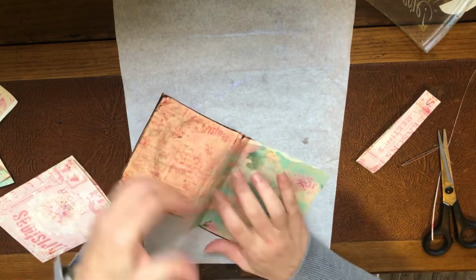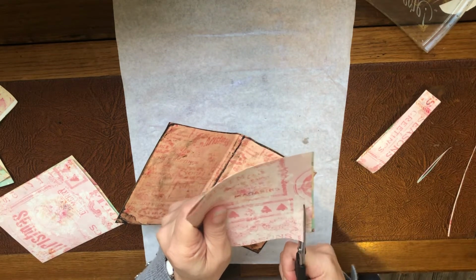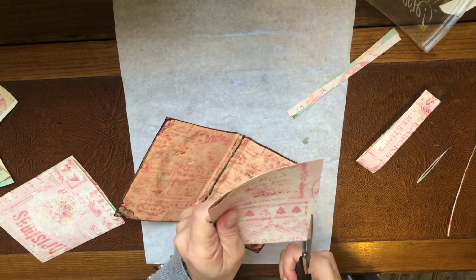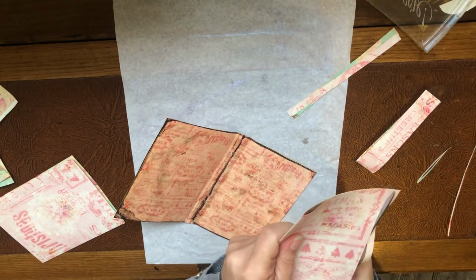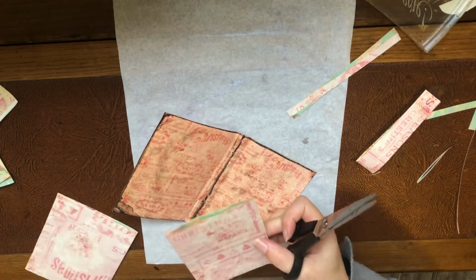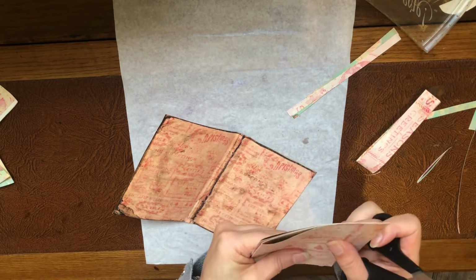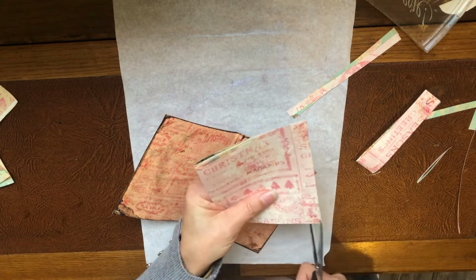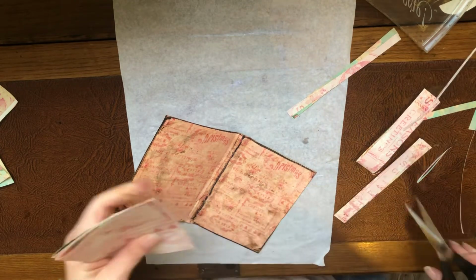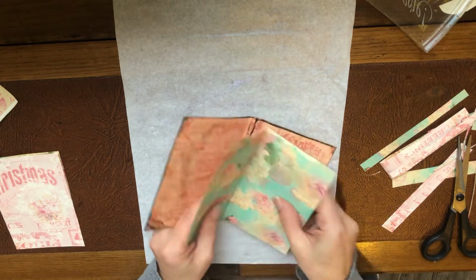So, looks like that's not straight at all. I'm going to trim this bit here a bit more. Same for the other one. I'm going to trim it properly afterwards because it's not too straight. Okay, so you're just basically measuring or cutting it to size. And what I've done here,